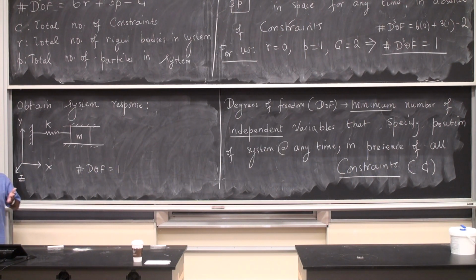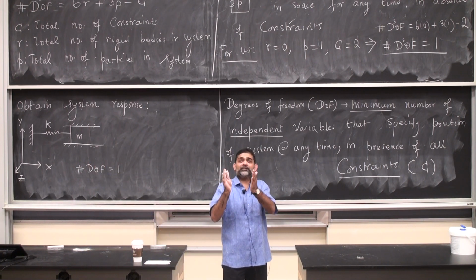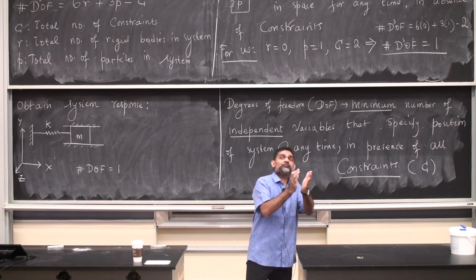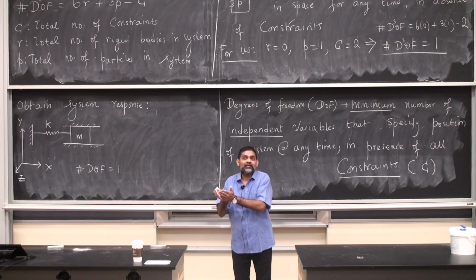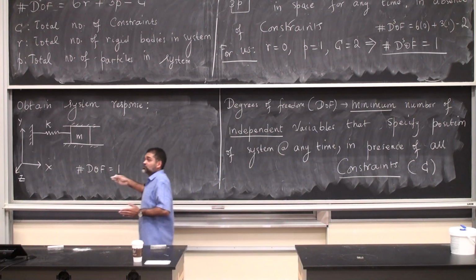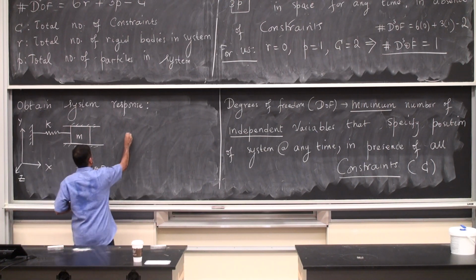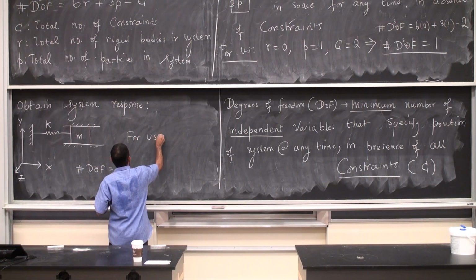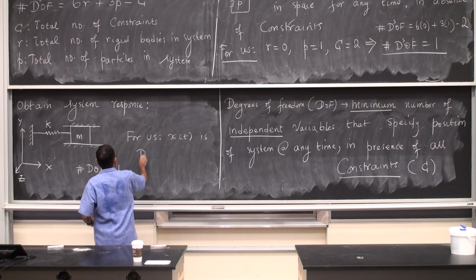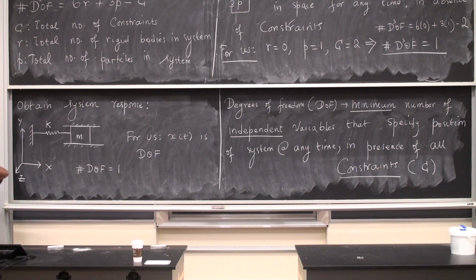Okay, common sense tells me that, okay, what could be the variable that defines where the mass is at any point in time? It could be the horizontal position of the mass. And I can call that variable x of t, x being a function of time. So for me, for this particular system, the degree of freedom is x of t. Okay, so for us, x of t is the degree of freedom,